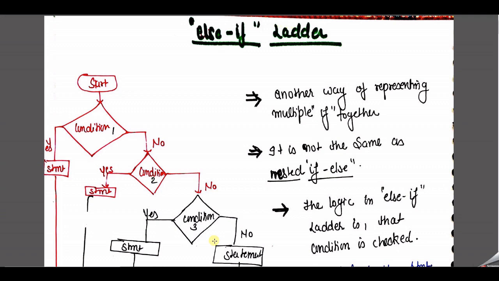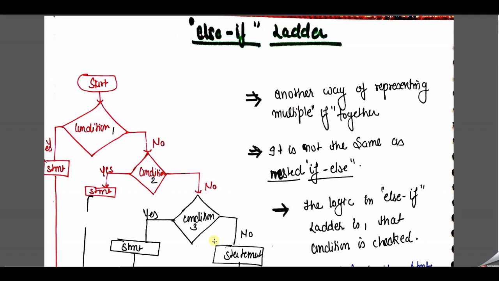Now, suppose we face situations where the given task is: if the condition is true, we go through the if part, and if the given condition is not true, we need to go through the else part.